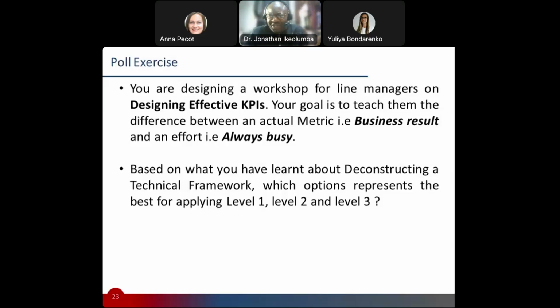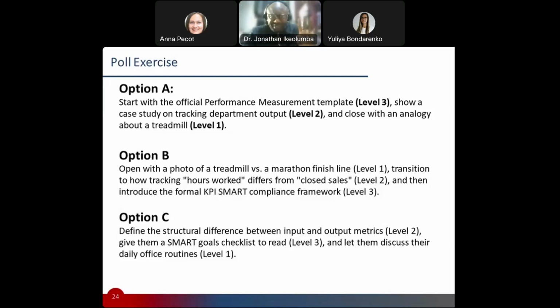So I'm going to give you three options to choose from. So just put in the chat which option you think is the best way to deconstruct it, right? I've got three options, and just pick an option. I want you to give me the option that you go for. I repeat again, why you're thinking about the option, right? So you want to conduct a training, and your training is focused on helping managers understand the right metric for assessing their performance. Now, given what I've said, and you're training managers who don't understand what performance measurement means, what's the best way to make it relatable for them to understand?